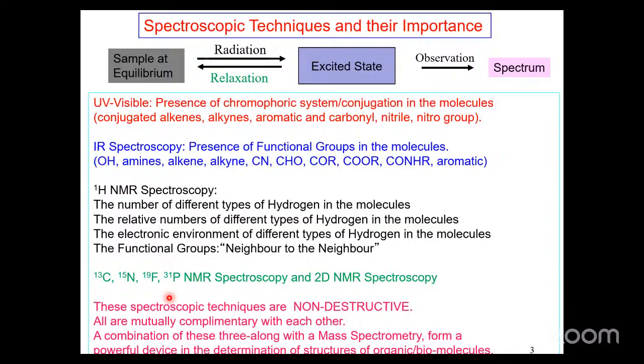all these techniques, if you analyze very properly, I'm sure you will get the structure of an unknown compound or molecules. All these techniques are mutually complementary. So if you are taking just C13 NMR, or if you are taking just H1 NMR, the whole structure is not possible. But if you take all these spectroscopic techniques to find out the structure of a molecule, it is very easy